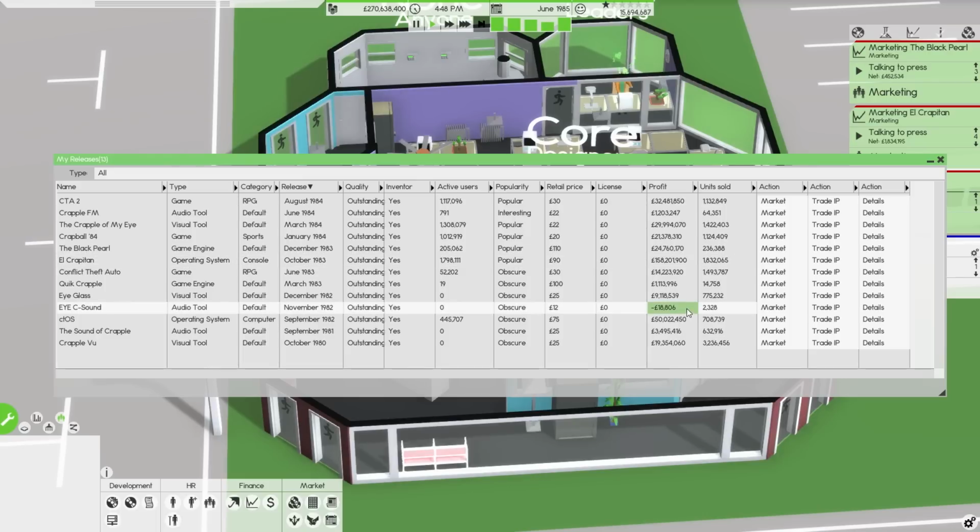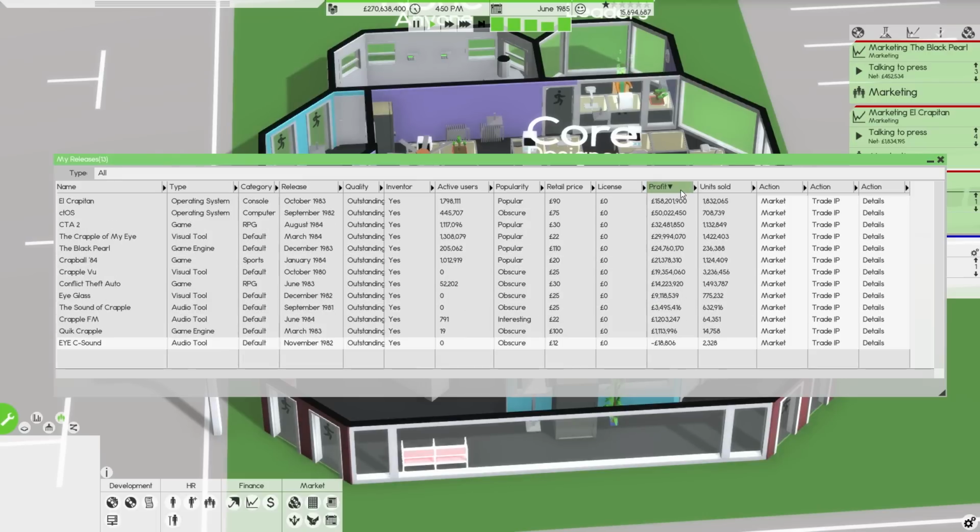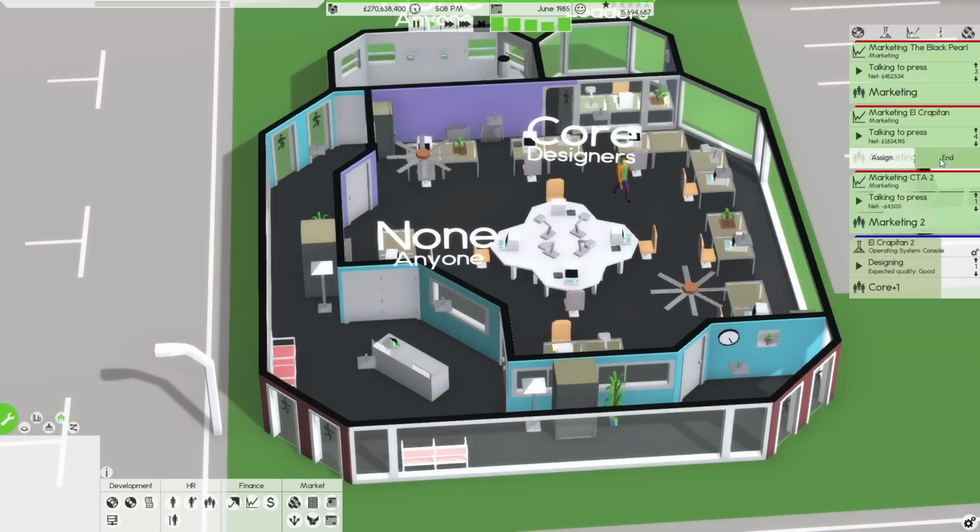What is the biggest profit I've made thus far then? So the biggest profit is obviously El Capitan, followed by CTOS. CTA 2, interestingly enough, doing far better than the original. CTA 2 there on 32 million. So we're almost approaching a position where we can make CTA 3, but we need to do the spin-off of CTA...